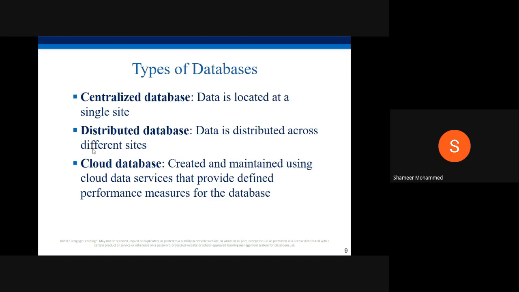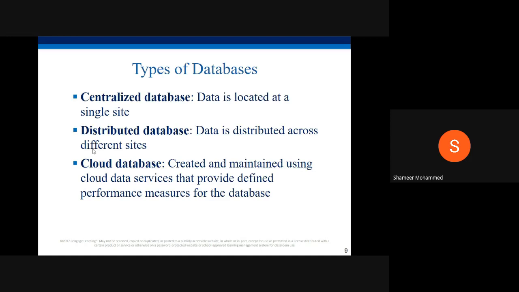But the data is located, for example, all our student information is stored in Muscat. Centralized database means only one database. All the data is located at a single site in a single server in Muscat. From Muscat, Sur is accessing, Nizwa is accessing, Salala, Sohar, and Ibri are accessing. That type of database is a centralized database.